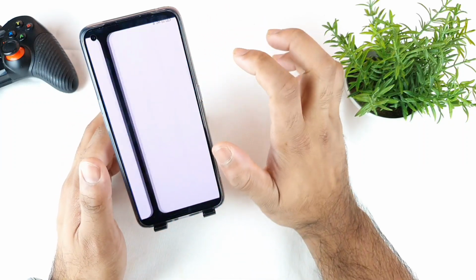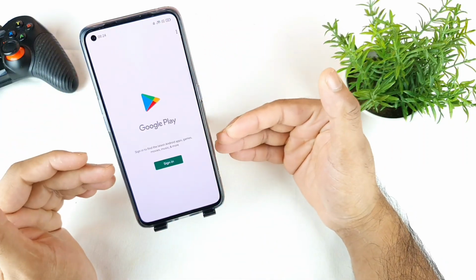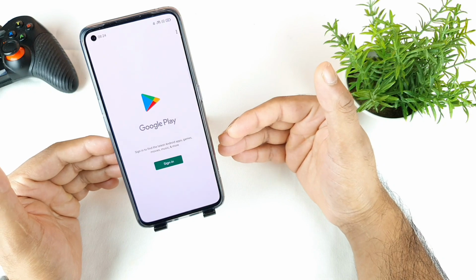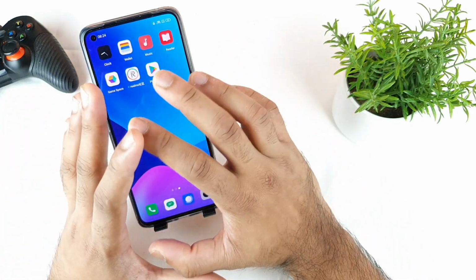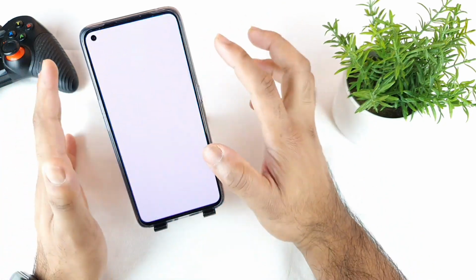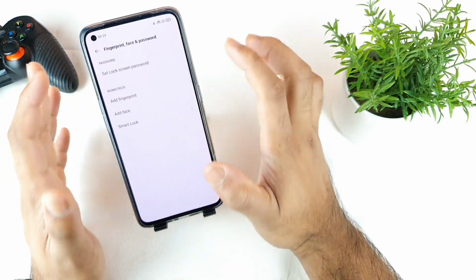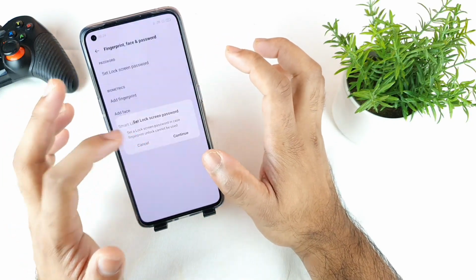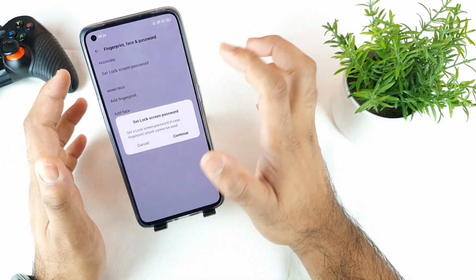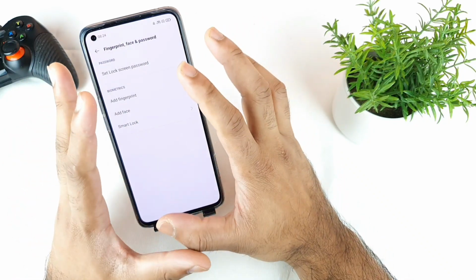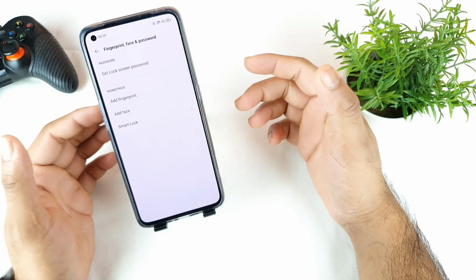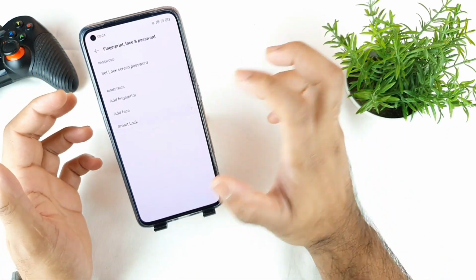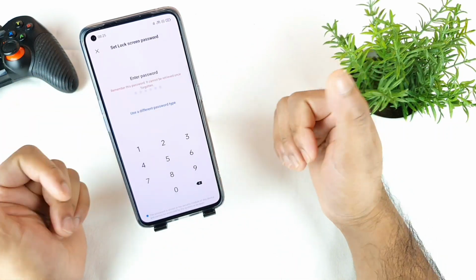So let me try to see the Play Store. Even in the Play Store you need to log in with a different Gmail ID, as you can see, which makes sense, having completely different privacy protection here. And let me see if there is any Face ID unlocking for this one or not. I think there is an option of adding a screen pattern and adding a fingerprint as well. So make sure that two different fingerprints are used for two different users. In this way you can differentiate. And there is a smart lock as well, as you can see here.